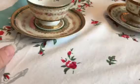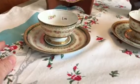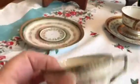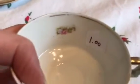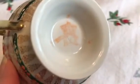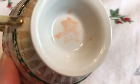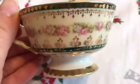I got this at an estate sale about 3 years ago, and I don't think they'd spend a lot of time figuring out what saucers went to what cups, because the cup was in the living room and the saucer was in the kitchen, and it was marked 2 and this was marked 1, so it was $3, but it was on the 50% off day, so I got it for $1.50. And this is H&Co, but it's in that ribbon there. It says Hohenzollern, which is the name of a dynasty in Germany, Austria area. So, pretty little Demitasse